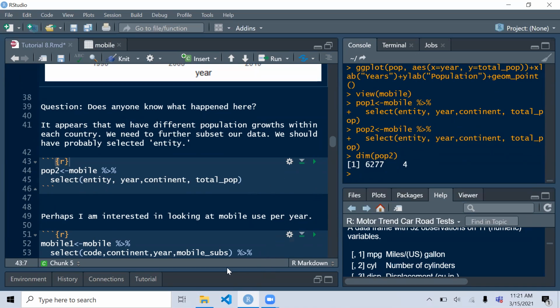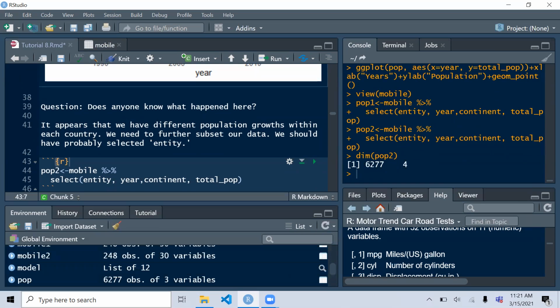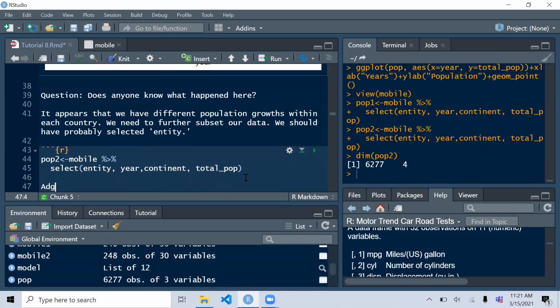And the reason why I'm doing this is because, instead of looking at the continent, which doesn't really make any sense, I need to be a bit smarter here. Probably I need to look at the actual countries, right? So for instance, if I want to look at Afghanistan, I'll just shorten it so I don't have to write it all out. So if I do something like population 2, then I do something like